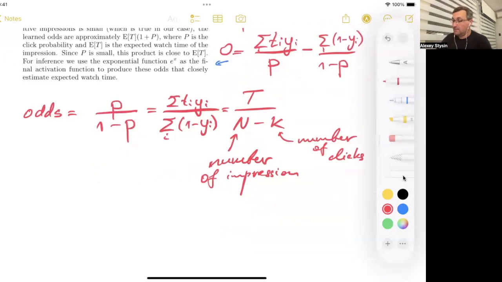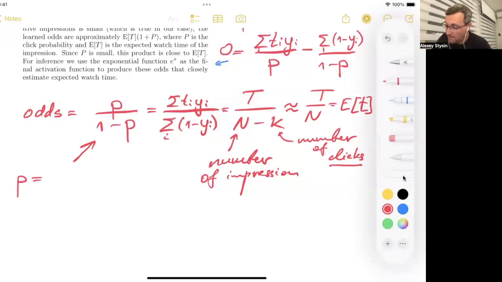So what they do next, they say that first of all, the number of clicks is small. So we can approximately assume that this is just an average watch time, T over n, which is like an expected watch time of an individual watch example. But now they look at this ratio, and they just remember